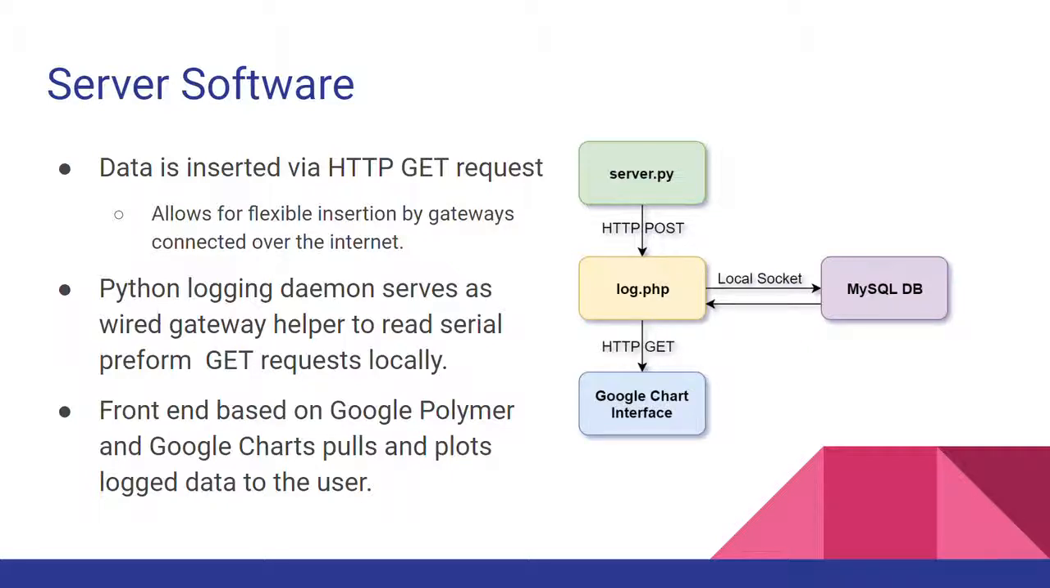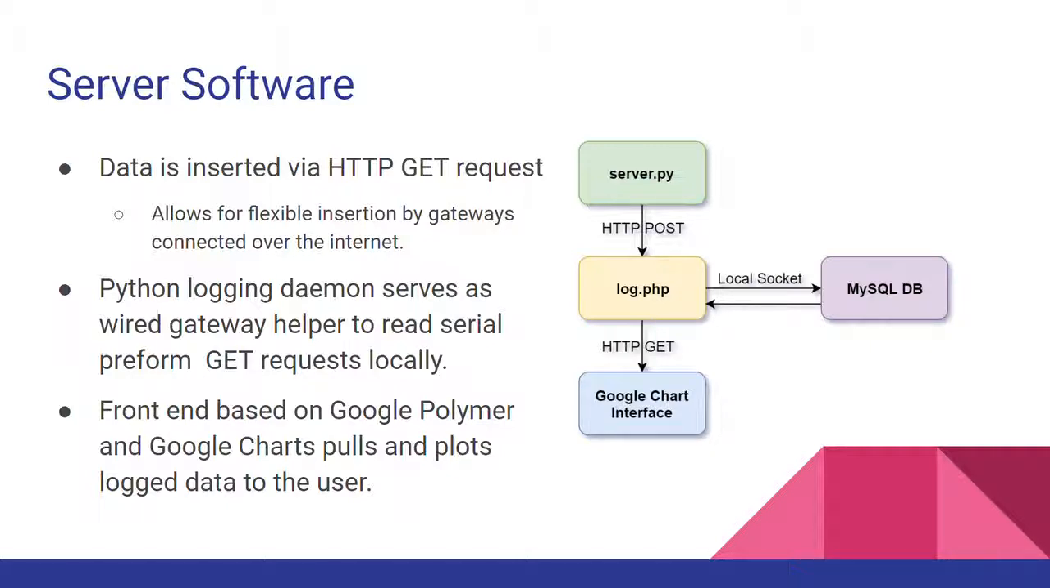Flexible insertion by gateways connected over the internet. I've talked about that. So right now I have it set up so that when the computer starts up, it starts this Python script as a daemon in the background, and it opens up the COM port, the device file that gets enumerated from the gateway over USB serial, and it parses everything that the gateway sends over serial and extracts the relevant data. And as soon as it gets that relevant data, it creates a GET request and sends that over